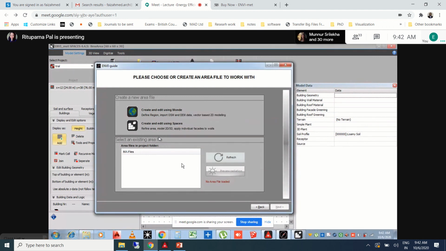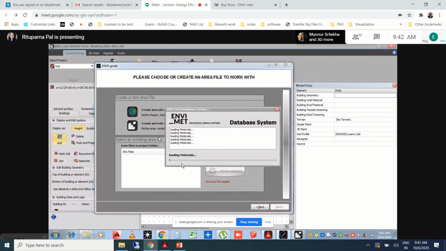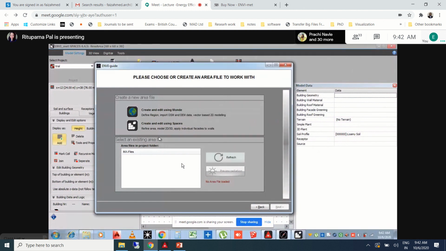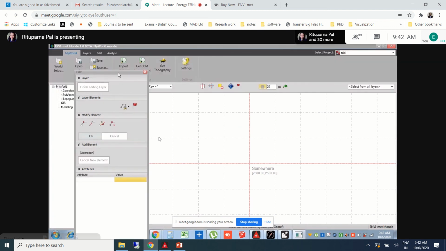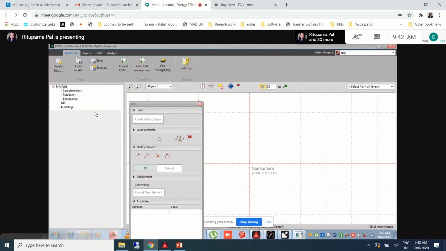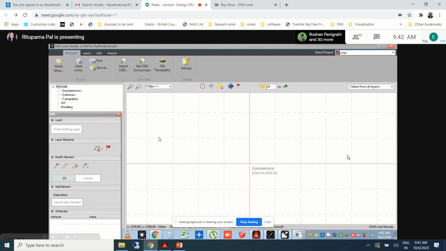We have worked on a very previous and very native software of NDMET. So during our time, we did not have this particular option. So I am basically not very clear about this particular interface, how we can work on it. I think you are talking about this particular thing, right? Yes, Monday. So where you can get this my world, layers and all these things. I have no idea how to work on this, because during that time we did not have this particular interface. Anyway, all the interfaces have changed over these years.